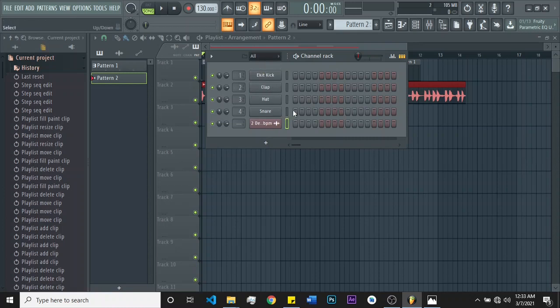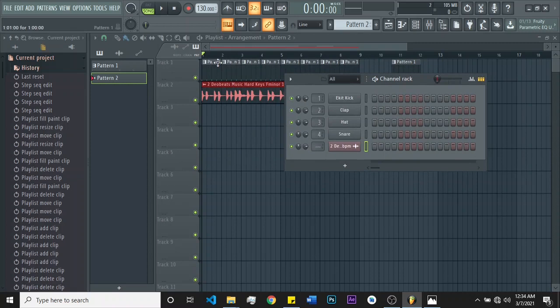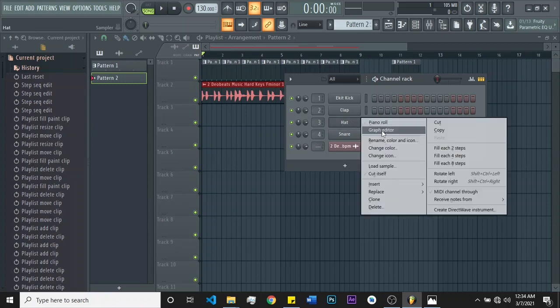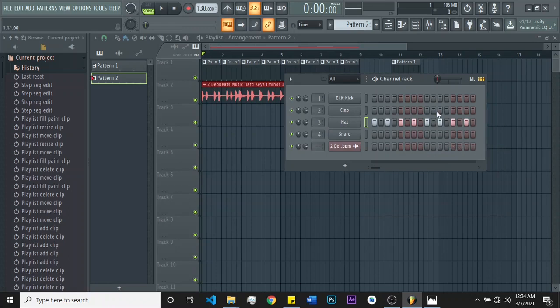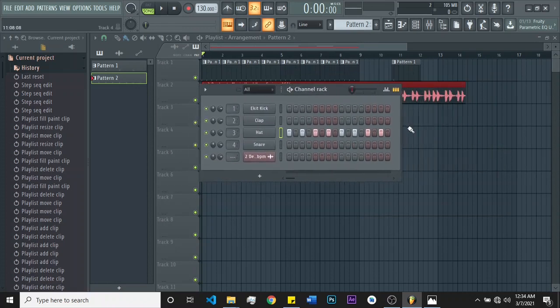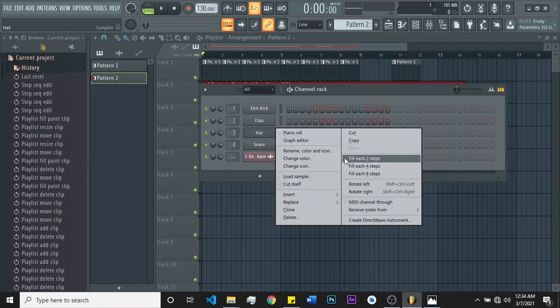So in pattern 2, I want to add hi-hats, but I want them to go for more than 2 bars. As we have seen here, it's adding just 1 bar, because in our pattern 1 we only plotted the 1 bar. But let's say my hi-hats, we have already looked at the channel rack, so you already know how it works. Let's say I'm going to paint it, fill in 2 steps each, but I want to take it to 2 bars. That means 1 bar, 2 bars, those are going to be 8 beats. So 1, 2, 3, 4. So if I come here again, 2 steps,